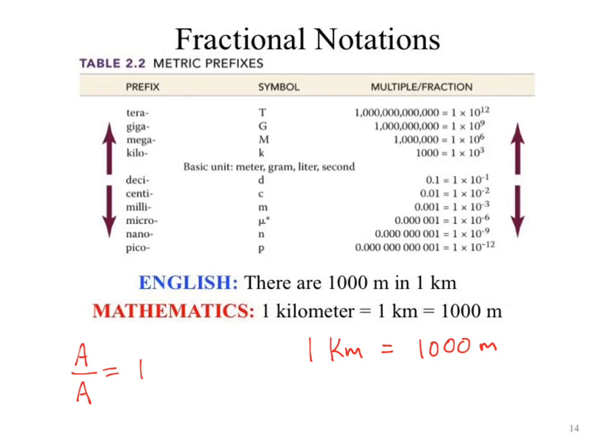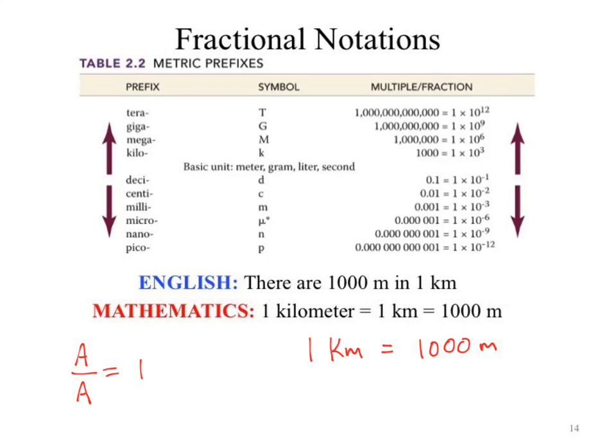Still 1. If A, let's pick a number for A. What does A equal? Okay, I heard 2 and 4. Let's stick with 2. Okay, 2 is magical. 2 divided by 2 equals 1. So it doesn't matter what we do, as long as we're putting the same thing over the same thing, we're still getting 1 as our